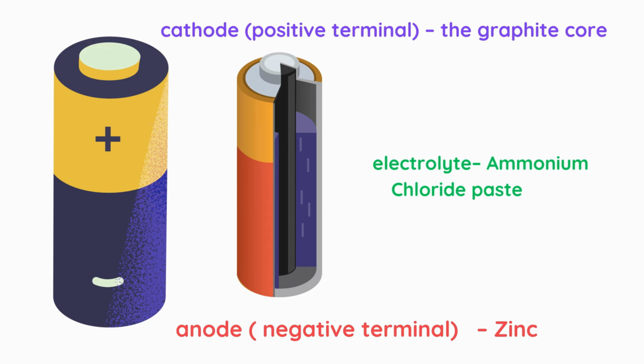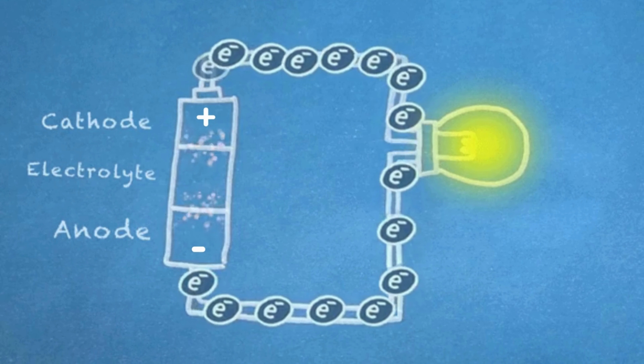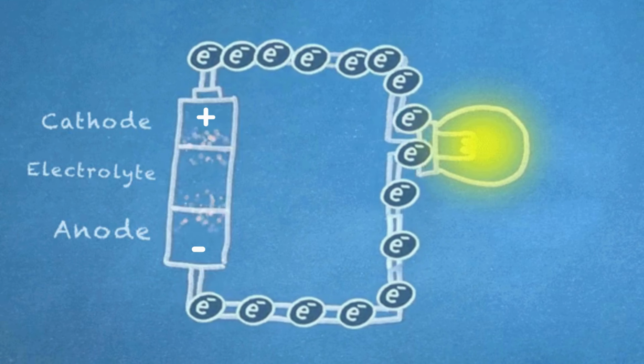Due to the chemical reaction within the cell, the electrolyte placed between the cathode, positive terminal, and anode, negative terminal, allows electrons to migrate towards the anode while the positively charged ions migrate towards the cathode. This creates an excess of negatively charged electrons at the anode and an imbalance of charge within the cell, which creates a potential difference between the two terminals of the cell, cathode and anode. When the battery is placed in a closed circuit, the excess electrons flow along the external wire from the anode, negative terminal, to the cathode, positive terminal.